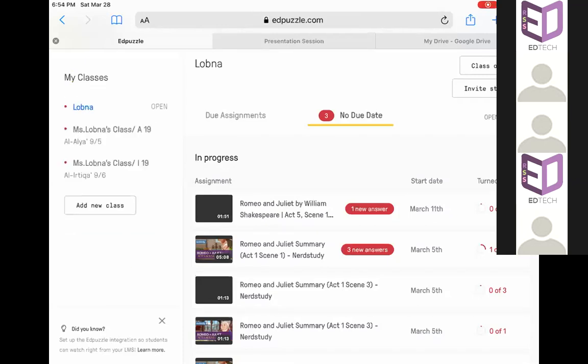So what about create a new class? Some of the teachers teach elementary students or KG students, for example, and those students have no email addresses. In some schools, they have no email addresses. So what can the teacher do? She can create a new class here,